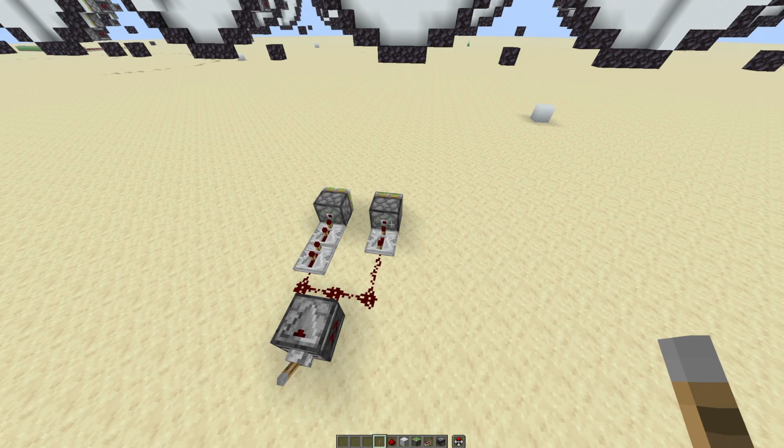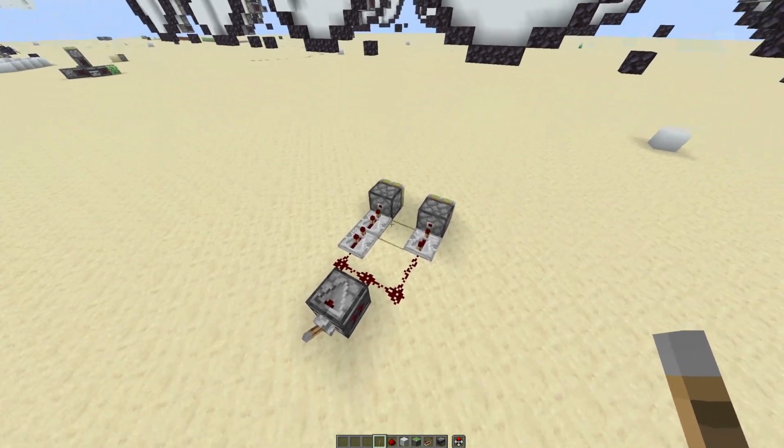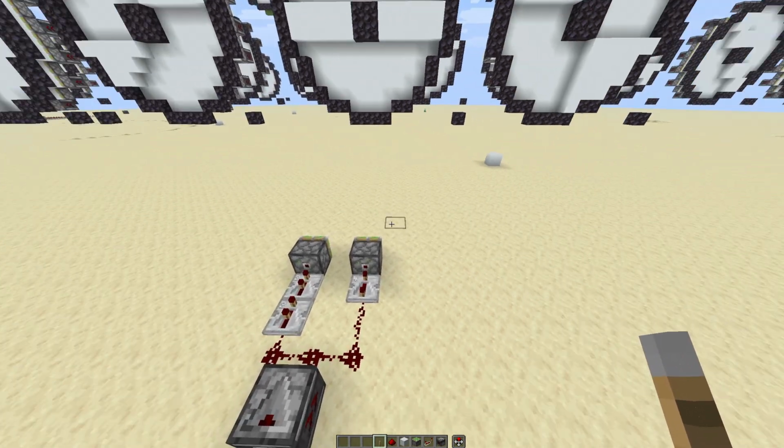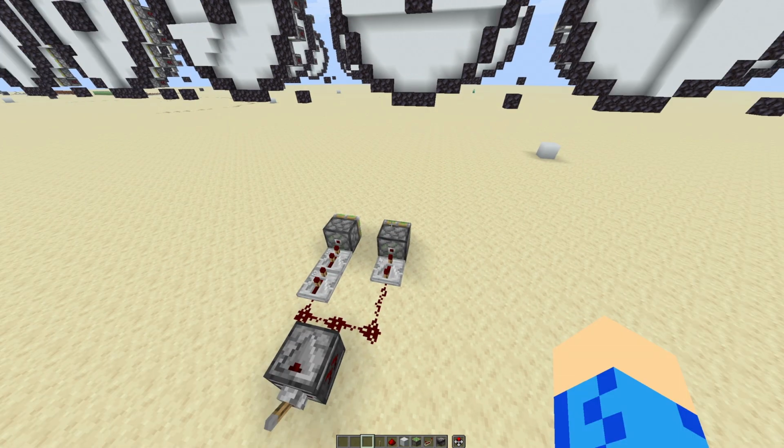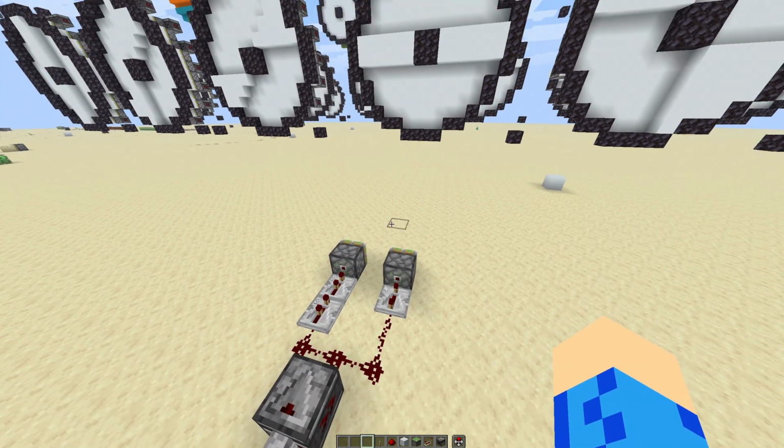I say fully powered because after losing its power, it still has the 1 game tick delay to be able to change state, and 1 redstone tick, the ticks I've been mostly talking about here, delay of it showing itself retracting before it's fully retracted. So this piston here is powered for 2 ticks, while this one is powered for 4 ticks. So if I just make 2 ticks to be 1 frame of the animation, then I can easily control if a pixel is active for 1 frame or 2 frames through setting a repeater to be either 2 or 4